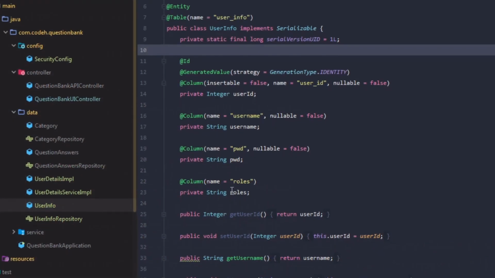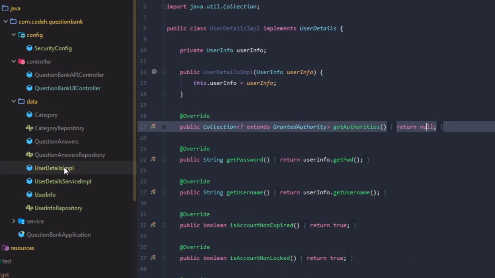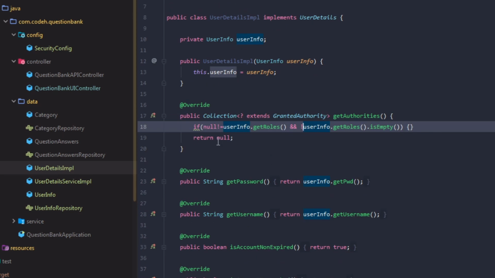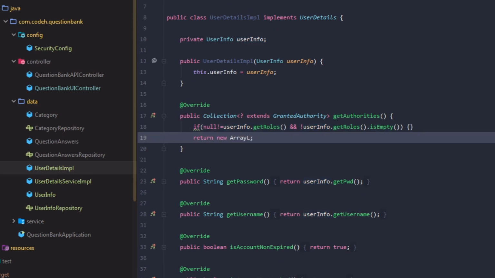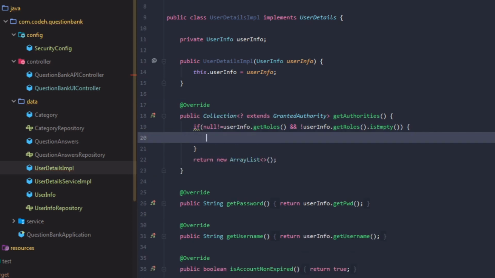In our user info table, we had defined the column roles to contain the comma separated roles for a user. That string needs to be converted to a collection of granted authorities. To do that, we will first do a null check on the roles column, and if it is null, we will return an empty new ArrayList since the method cannot return null. We will use the Arrays.stream method, which is used to get the sequential stream from the string array which we get from splitting the roles using the comma delimiter.